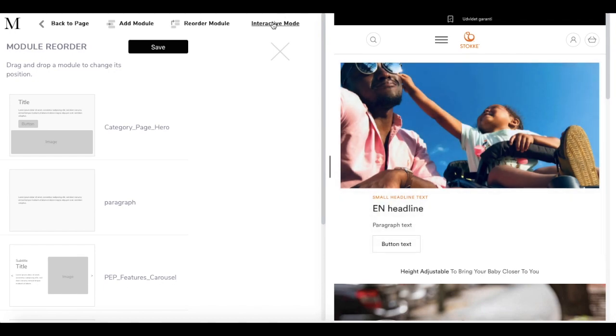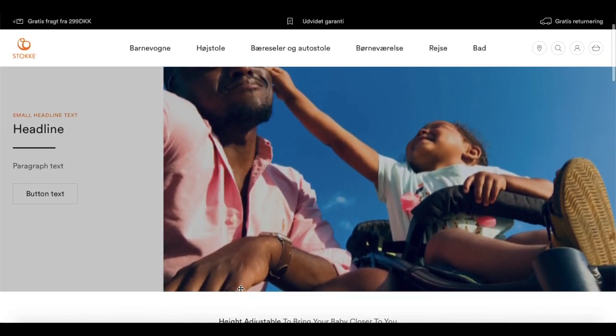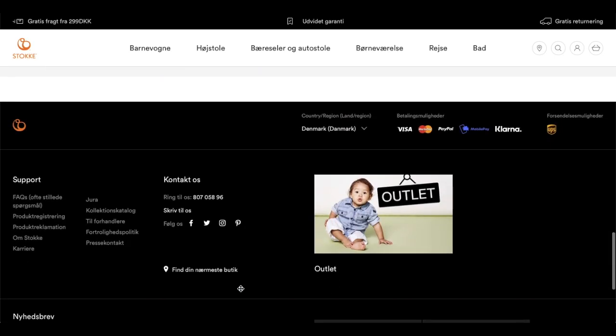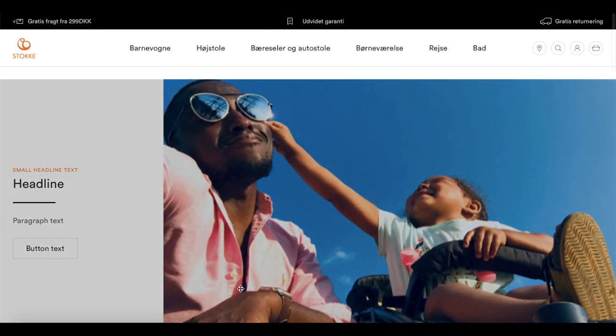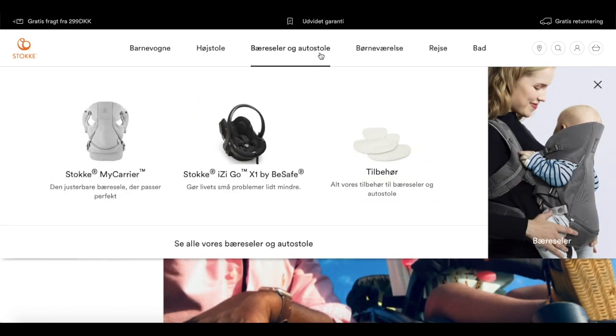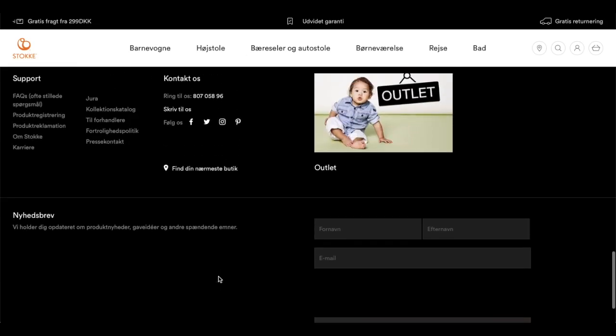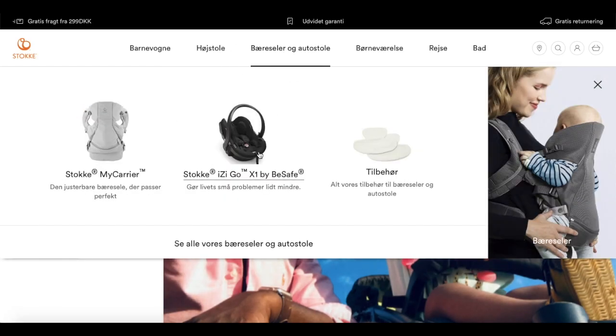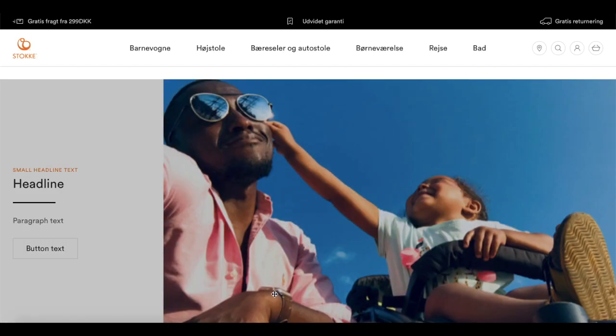All right, so now I want to see how it really looks online. And now I go to interactive mode. And now we have the image at the top, and here we have the older page. As you might see here, we've inserted this page in the real homepage. So you also have the header and the footer. So what you can do now is just click through everything. So it's like in real life.